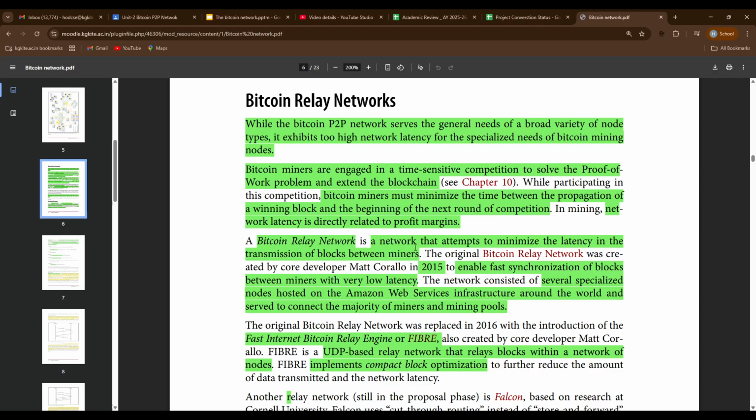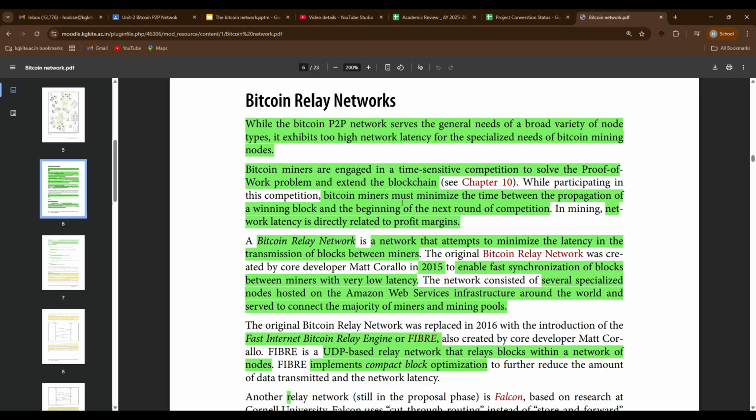So I am sending at 10 o'clock. I expect that all the nodes should have received the validated block by 10:02. If it is taking until 10:20, by that time another miner has validated and is sending, so who's going to get the whole profit of the Bitcoin reward? It will be the second miner. Okay, so this is the objective.